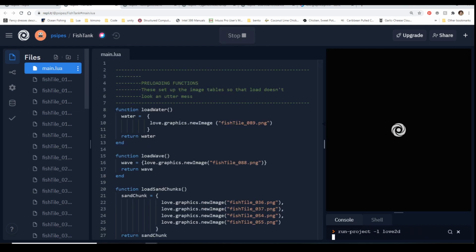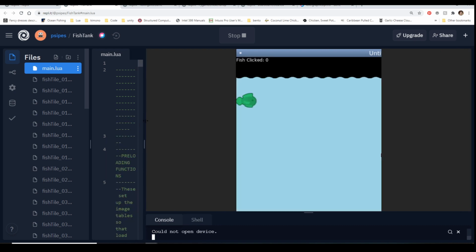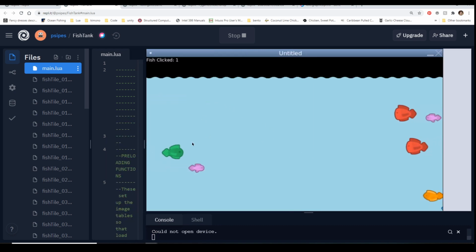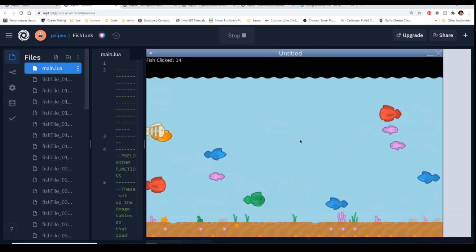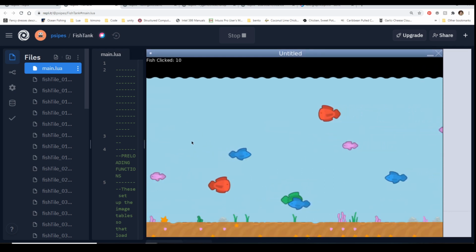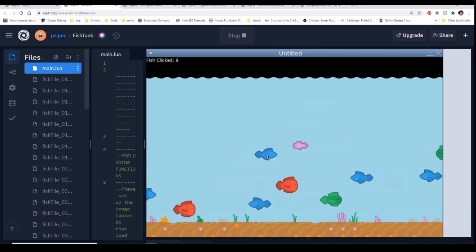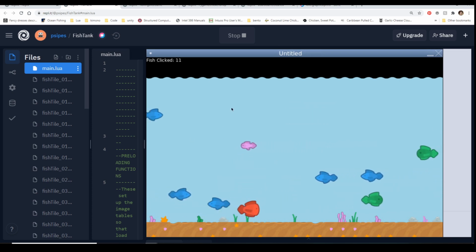Fish tank is another kind of version of what we just made, more or less. It's click the fish. Where this one does have some fish that take points away that haven't popped up, or if they have, they're down further. So like this guy, he takes points away. So yeah, so you've got this kind of situation.